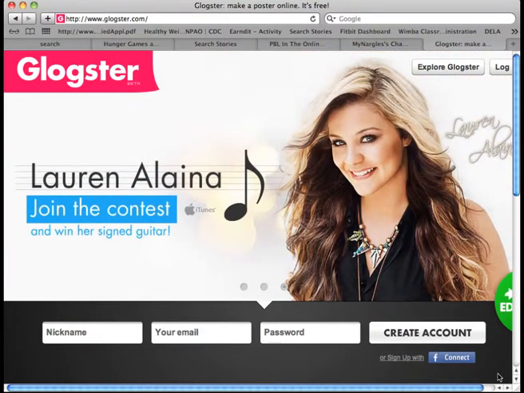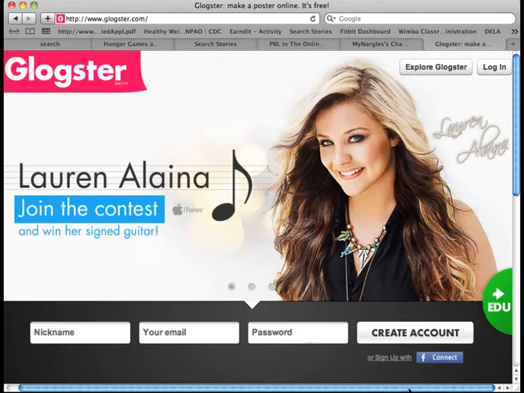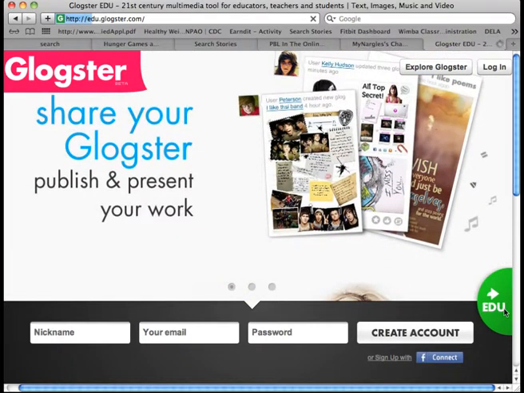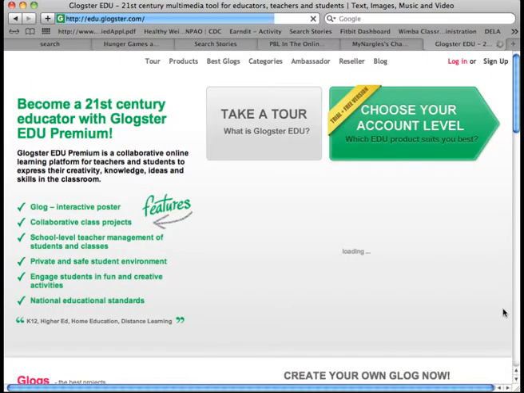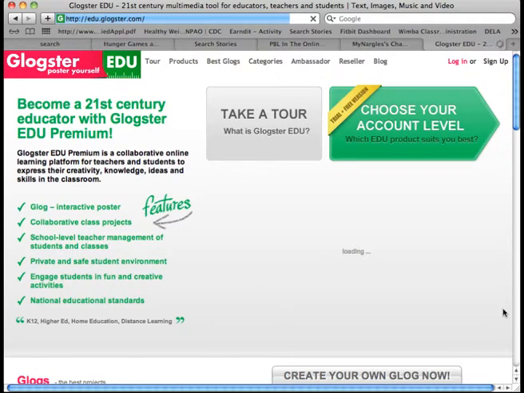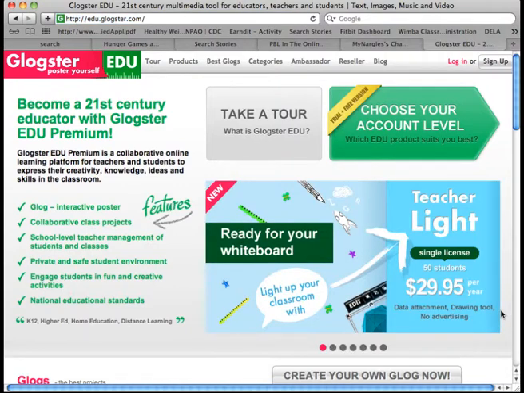Glogster.com is a really cool site that I've used with my students on several different occasions for several different reasons. One of the nice things about Glogster is, like a lot of sites these days that have found that people are starting to use it for educational purposes, it does have an education licensure side to it. It varies in pricing based on how many students you would have, but you can create a free teacher account, and your students don't actually need to have an actual account in order to create one of the posters